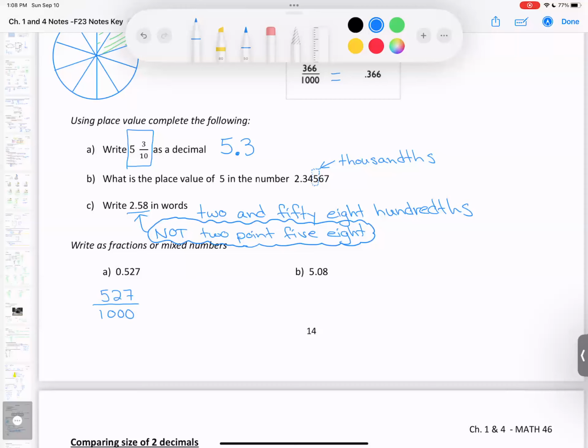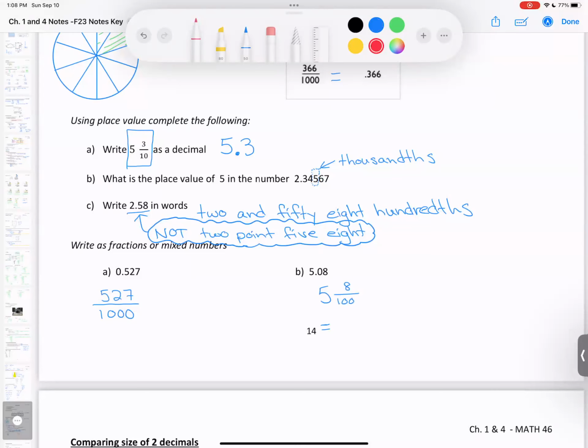All right, this next one then, well, we have 5 whole somethings, right? 5 whole pizzas. And then we also have 8 hundredths. So we would write this as 5 and 8 hundredths. Okay, and so then that is a mixed number. Now, you can leave it in that form for this first couple chapters, but just to give you kind of